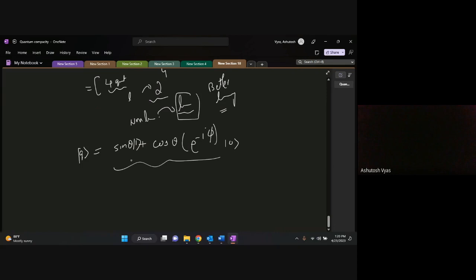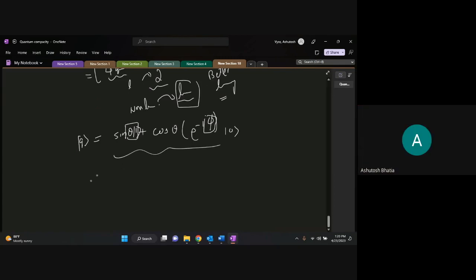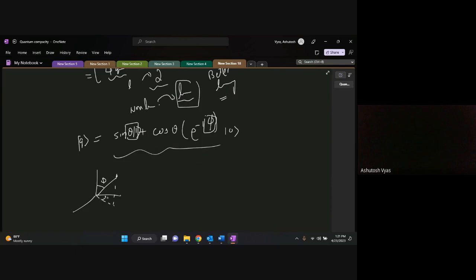So what you are doing is this theta which you see here, right? These are your weight parameters, theta and phi. These theta and phi are basically in the Bloch sphere the angles, one measured from the axis and the other in the x-y plane. So if this is the point, this guy is your theta, and this guy is your phi. So these are the angles which you are changing.